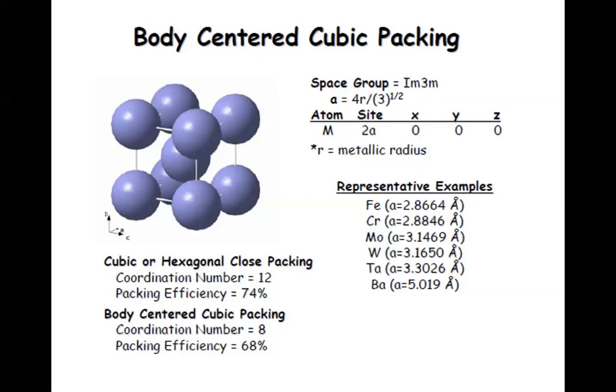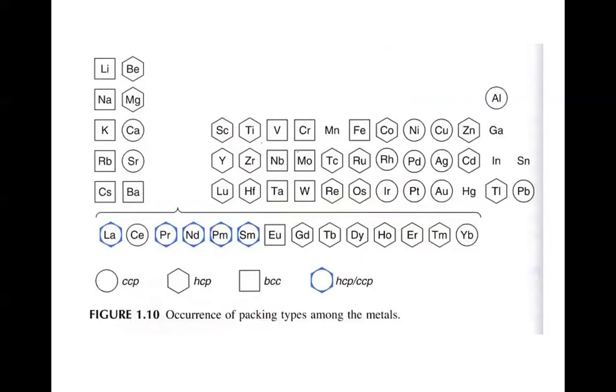Okay. So jumping, this is a periodic table which shows various types of atoms, elements, basically because all are equal size spheres. So all of them are cubic close packing, hexagonal close packing, and body centered cubic. Sometimes it's very difficult to say, because of the close energy between hexagonal close packing and cubic close packing. Some of them, depending on the conditions, you can get either HCP or CCP structure.